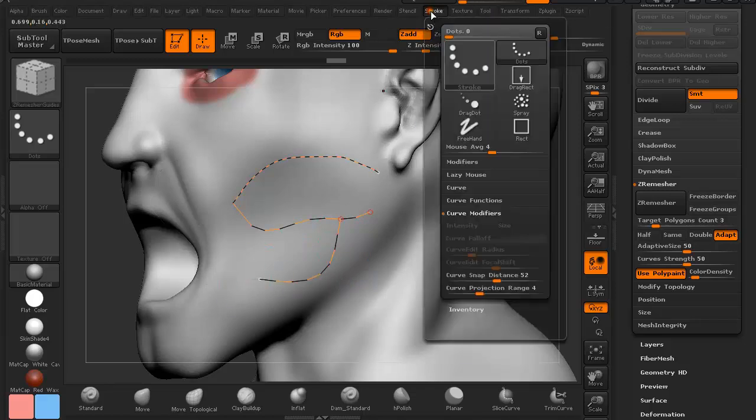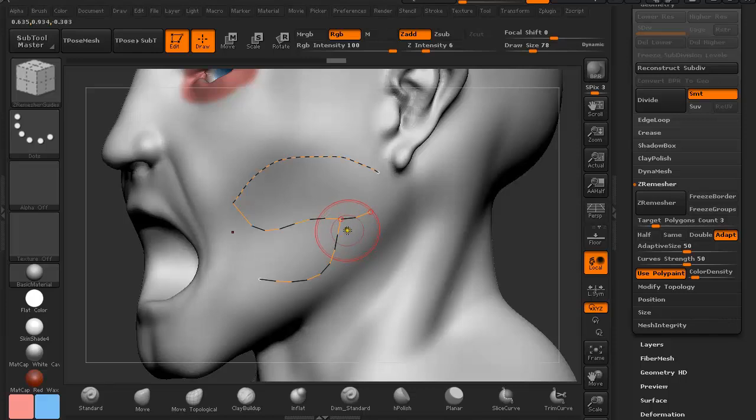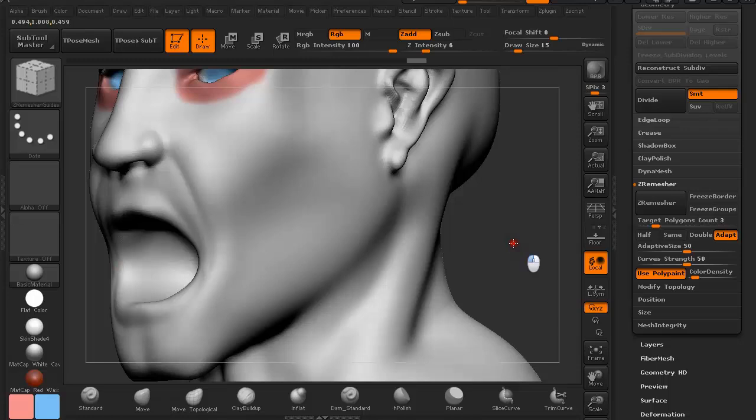I normally set the stroke guide to a fairly low value because I normally draw guides really close to each other and I don't want them to snap together like we see here. So I'm just going to press Alt to delete them and resize it again,